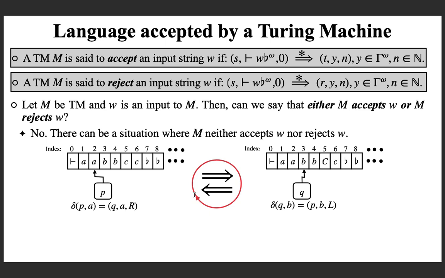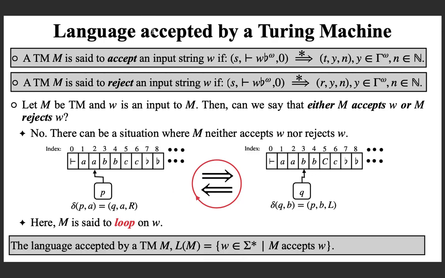So this is a concrete example that I am giving you. In this case, the machine is not getting into either T or R, and in that situation, the machine is said to loop on the input. So given an input, what can happen? Either it accepts or rejects, or it loops. These are the two possibilities.